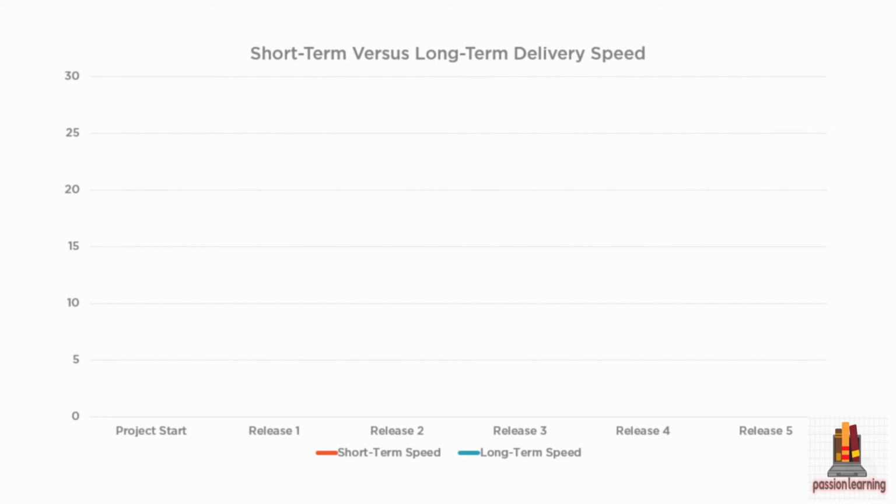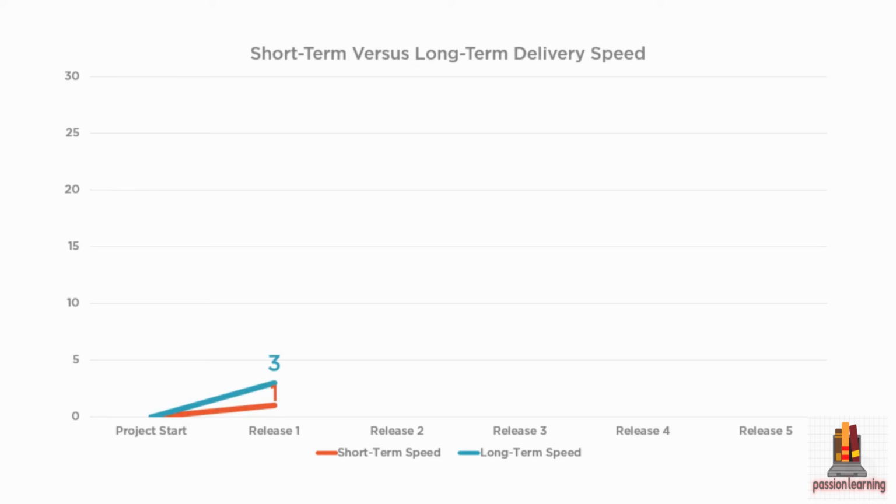One is to maximize the short-term speed. So for example, if getting a product to market is the most important thing and the level of quality is not as important, then we may optimize for the short-term speed. We may instead consider that the long-term delivery speed of the project is more important than the time to market for the first release. So both of these approaches start at the same point on the graph, the project start,